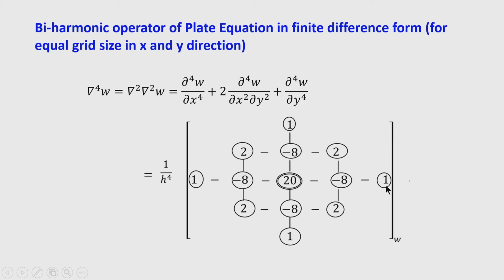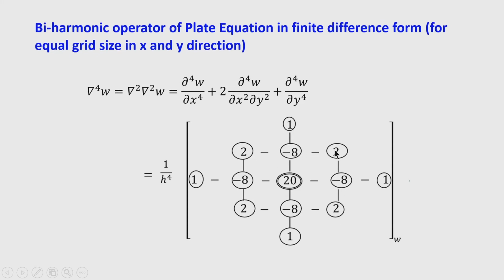Okay. So, towards the left you are finding minus 8 1 in the central line, and towards the right also minus 8 1. It is symmetrical, because del 4 w is an even derivative. Therefore, in the vertical line also you are getting symmetry, and the other lines also have a symmetrical distribution.